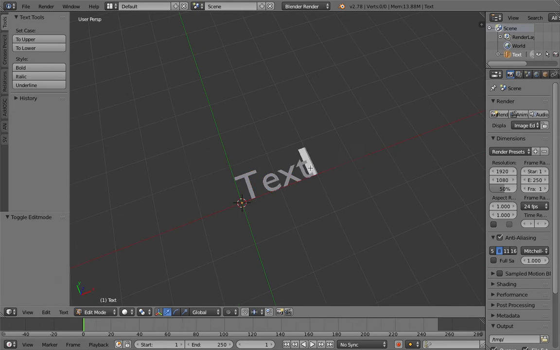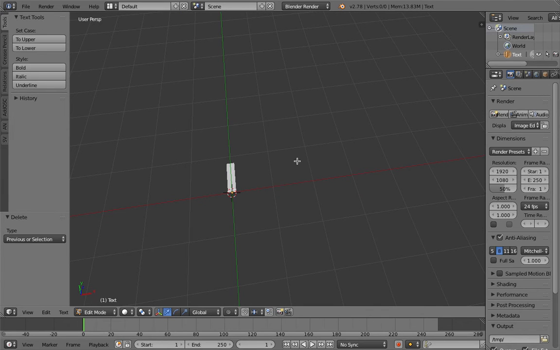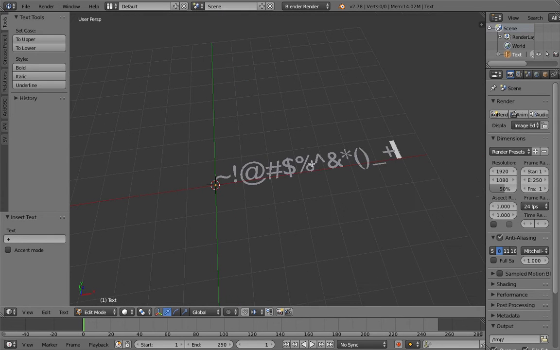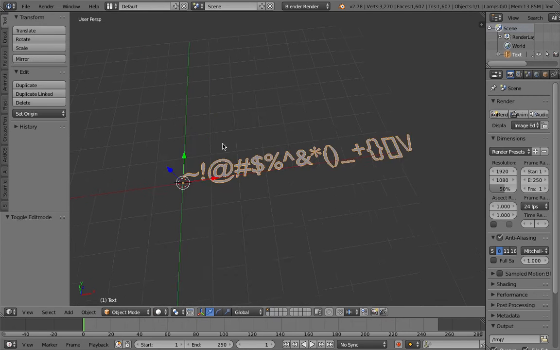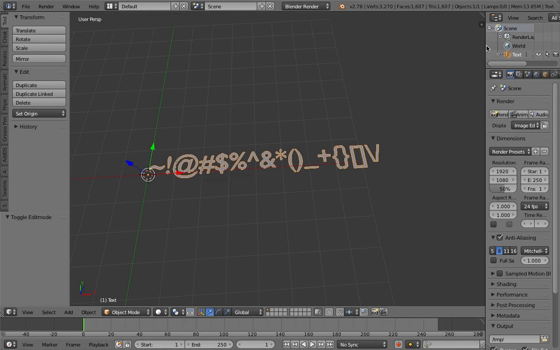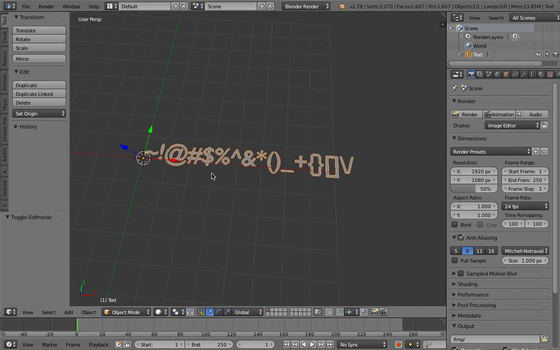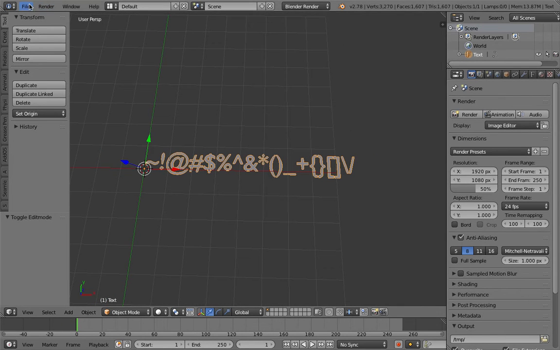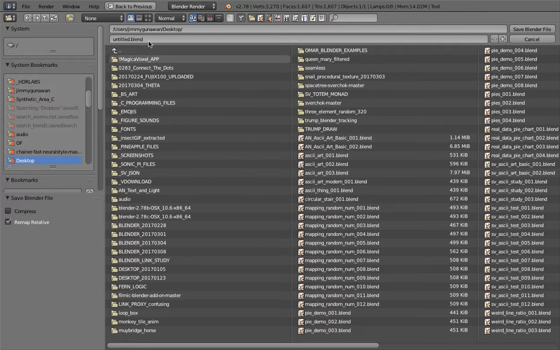So I'll start by giving a bunch of these characters. This is just from the top of my keyboard. I think I'm gonna use this and this, and I think that's pretty much it. Looks like an angry text object, but this is a single object that I will use to generate my ASCII artworks. I'm gonna save this as Sverchok ASCII